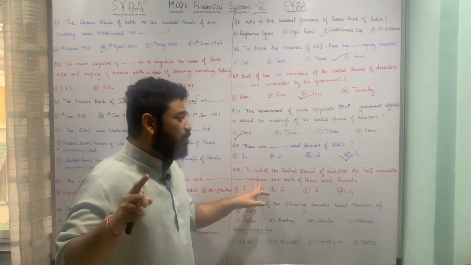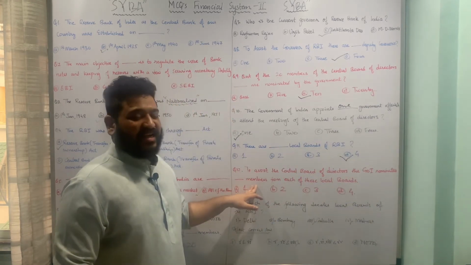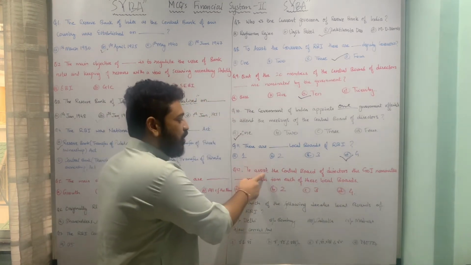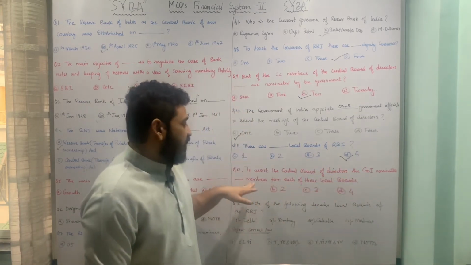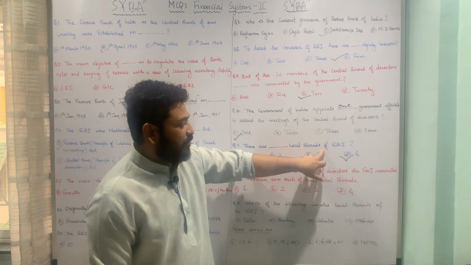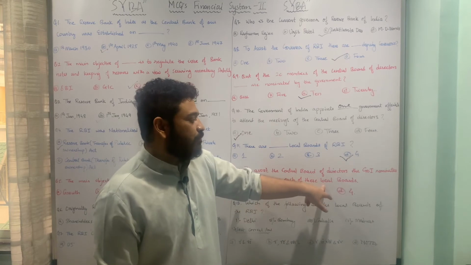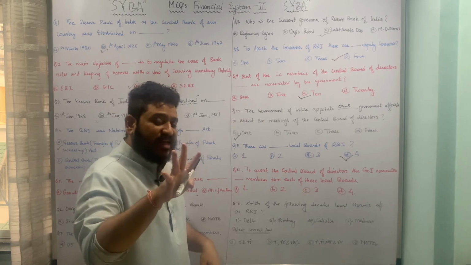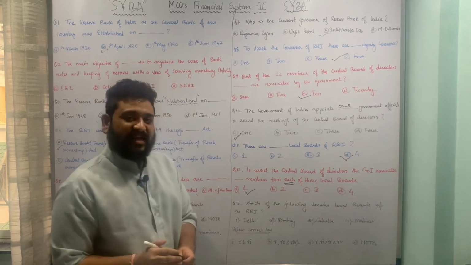To assist the Central Board of Directors, the Government of India nominates dash members from each of these local boards. Please read the question carefully. There are 4 local boards, as I have told you in the previous question. So dash members from each of these local boards. In total, the central government is sending 4 members. That means from each I am sending only 1. So here the correct answer is option A, 1.